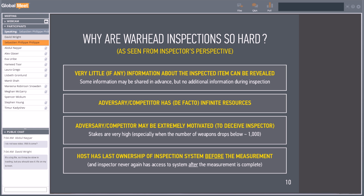So, in this case, it makes our life quite hard, okay? Because we know that very little, if any, information about a nuclear weapon, what I call here an inspected item, can be revealed. You may share some information, but usually that's it. You just share the information you need to conduct the inspection